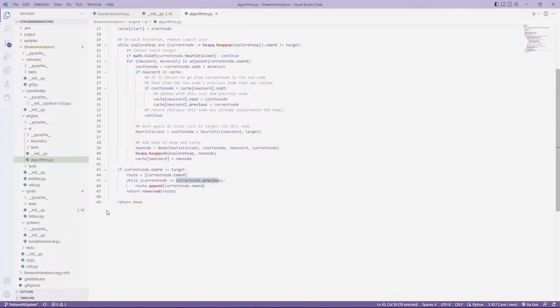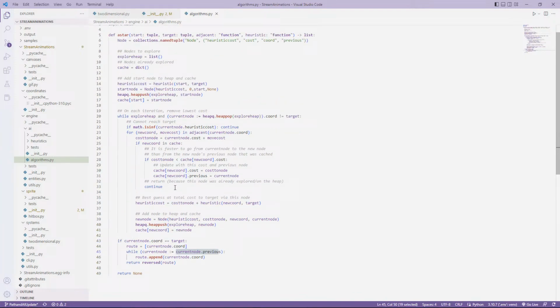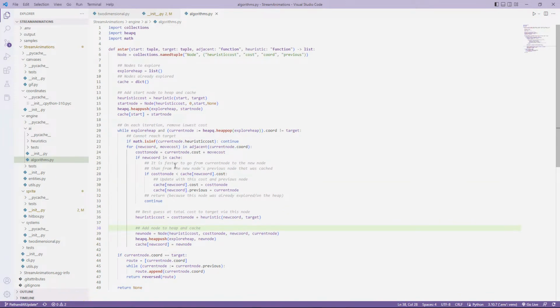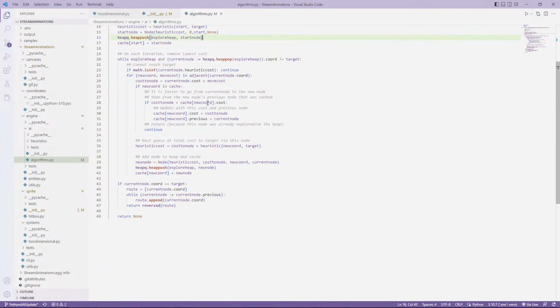So previous node, yeah, I'm realizing actually that doing this off heuristic cost is technically not correct, but that's really annoying. So this is what I get for doing this on break instead. I'm just gonna swap this right here. This is literally all we have to change. And at this point, the heuristic cost is useful for getting this to run quicker, but it's not actually necessary for the algorithm itself. It's an optimization. So if we want to explore all the nodes, technically speaking, we should do it the other way